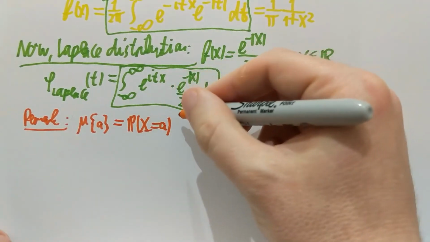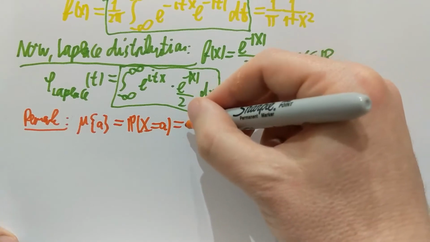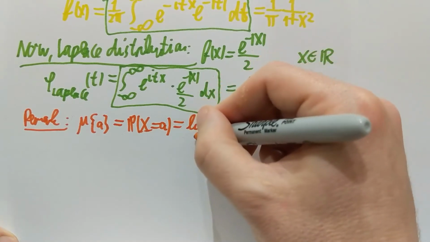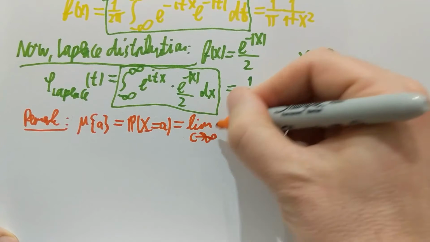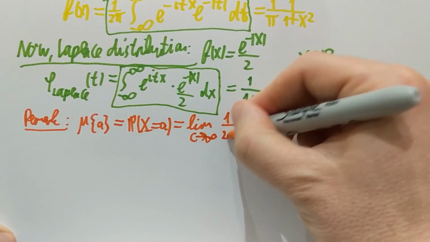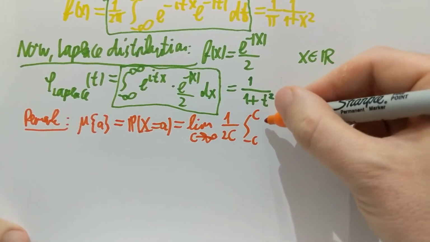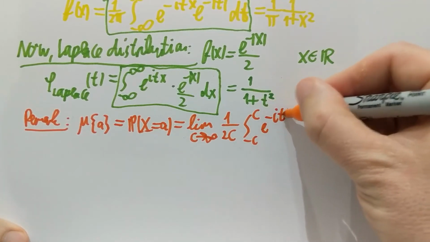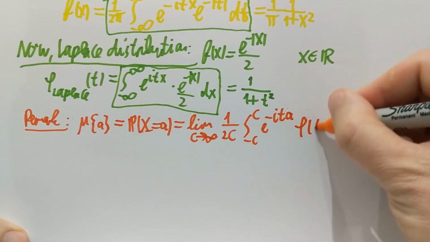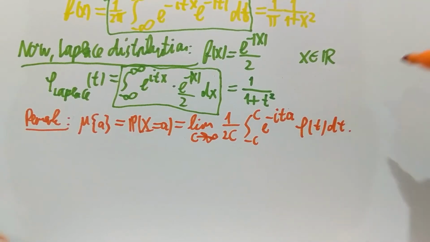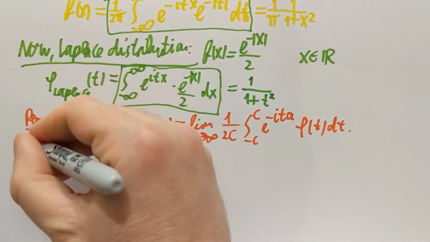If x has characteristic function phi, then in a similar way as what we did above, one can end up with this formula. It's the limit of 1 over 2c, integrate from minus c to c, e to the minus ita phi t dt. Okay, that's just an inversion formula for just a single point mass. And that has an interesting corollary, because